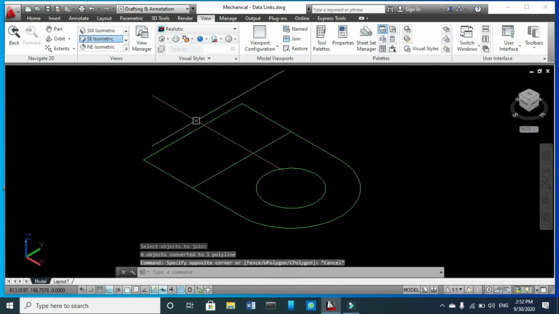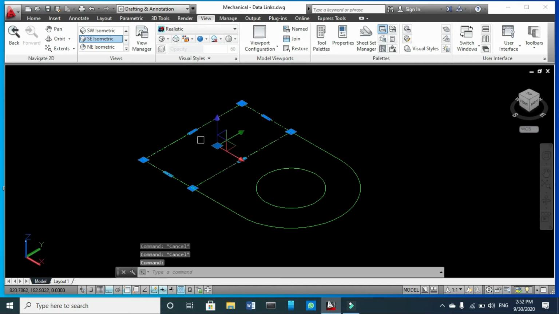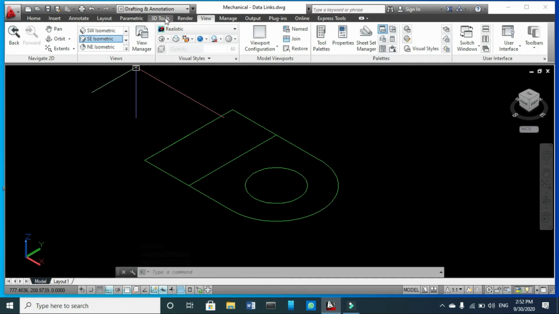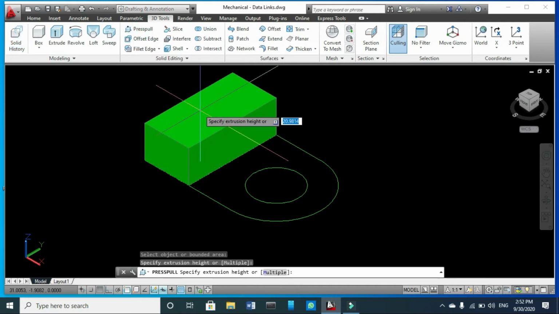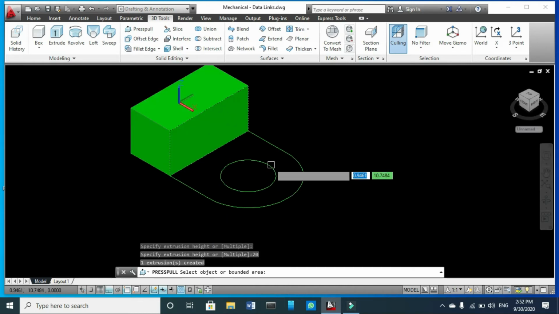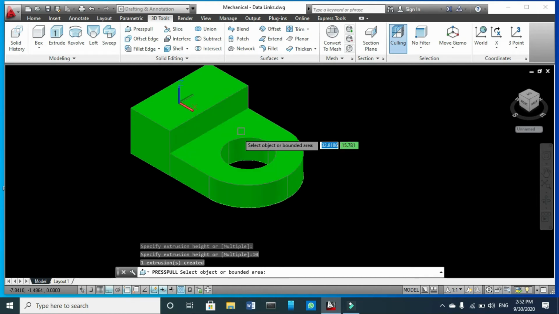Now next I am going to use the Presspull command, and with this 3D tool command here you can see Presspull. I'm going to use 20 units, and for this I'm going to use 10 units. So this comes out to be a little mechanical